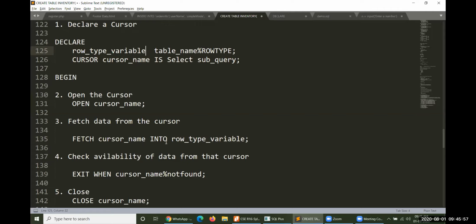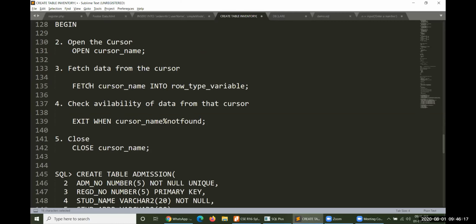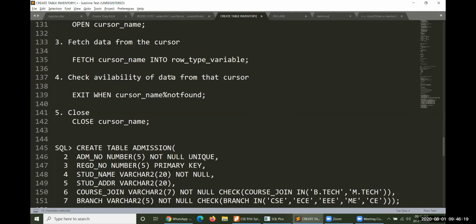At any moment of time, only one row will be fetched from the cursor. A cursor is a private work area or private buffer which is used to store your data based on the select subquery.